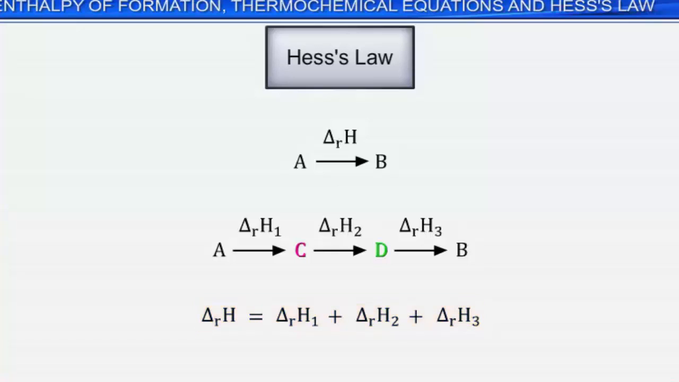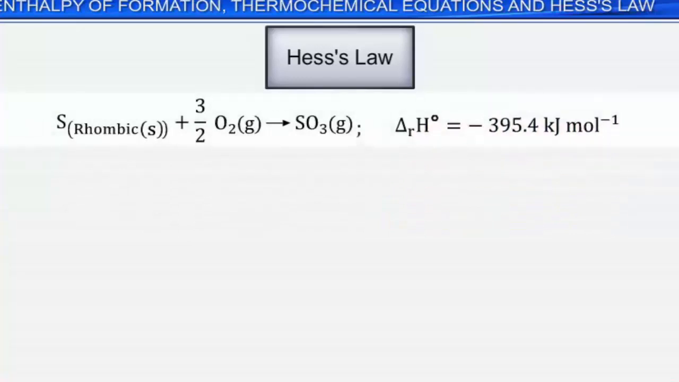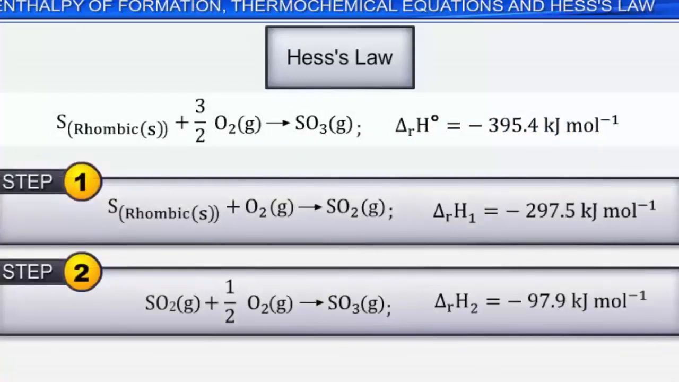Let's understand this through a chemical reaction. When sulfur in its elemental state burns to form sulfur trioxide in one step, the heat evolved during the chemical equation is minus 395.4 kilojoules per mole. Now, let's break down the reaction into 2 steps. In the first step,